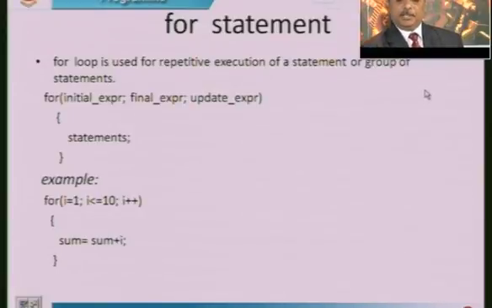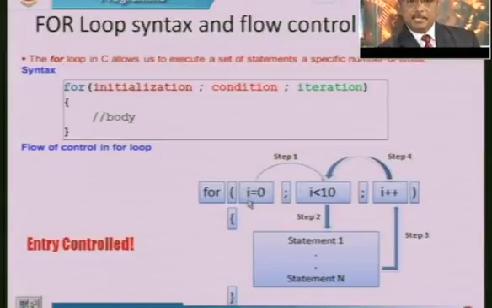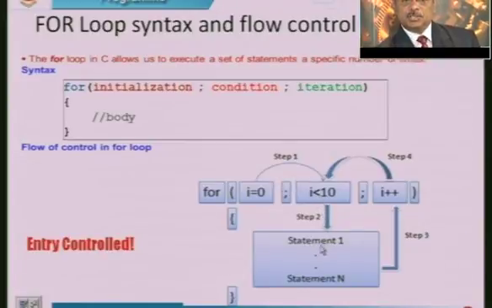This is how, through a graph, you can observe the for structure. The keyword is for, left parenthesis, and this is the first step, step 1, initialization of the variable I equal to 1, then a semicolon, then the condition. If this condition is true, it immediately jumps to statement 1 and executes it, whether a single statement or multiple statements. After the last statement, control goes back, and observe this is where the updation of that variable takes place.